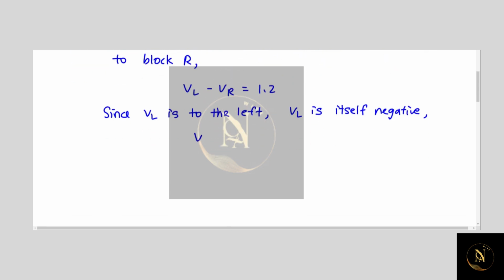So actually VL minus VR should be negative 1.2. I think this is how you should write the first line. All right, now using conservation of momentum,